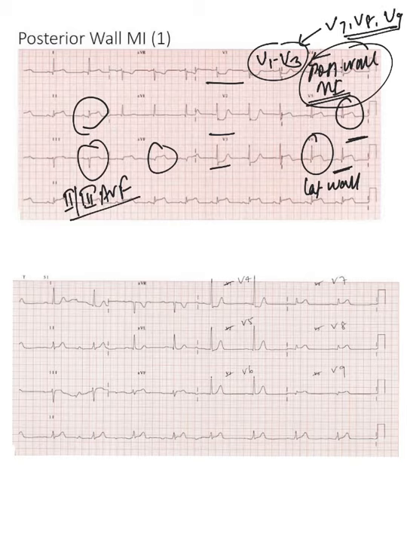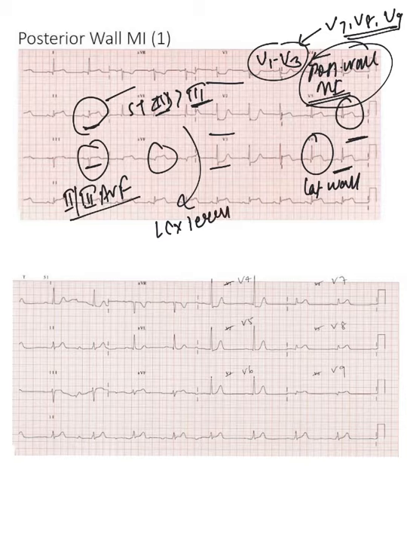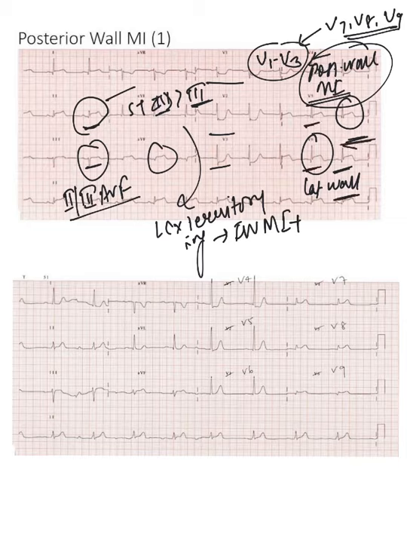And here ST elevation in 2 is greater than 3. If we compare, ST elevation in 2 is greater than ST elevation in 3, so this is LCX territory infarct leading to inferior wall MI plus lateral wall MI. We know that V5 and V6 can be involved, lateral wall can be involved in circumflex artery,